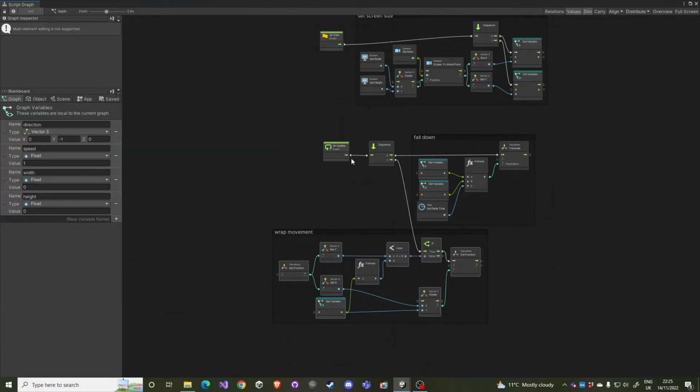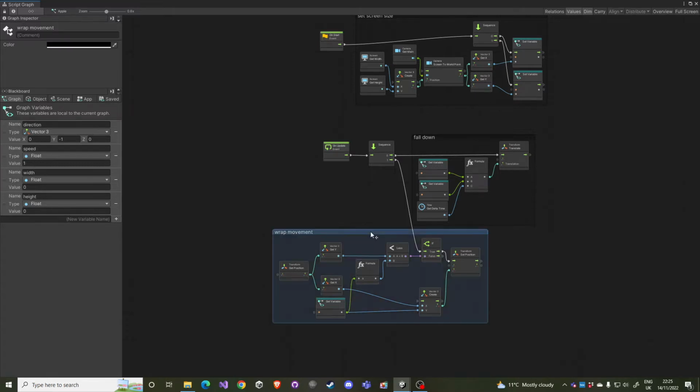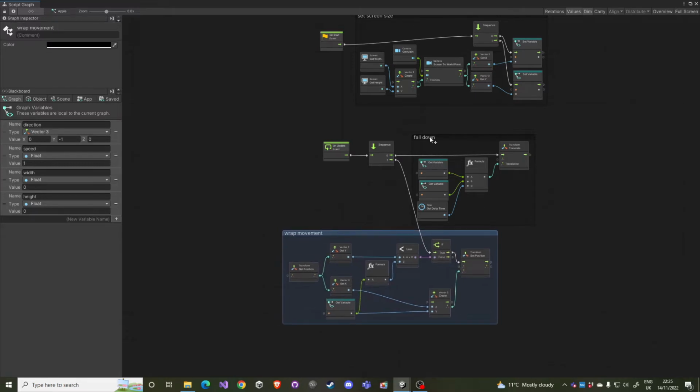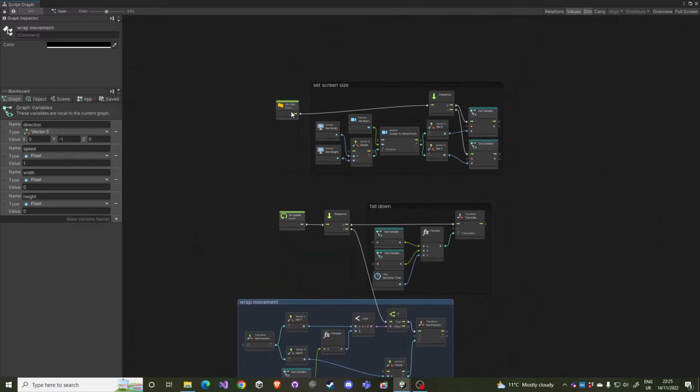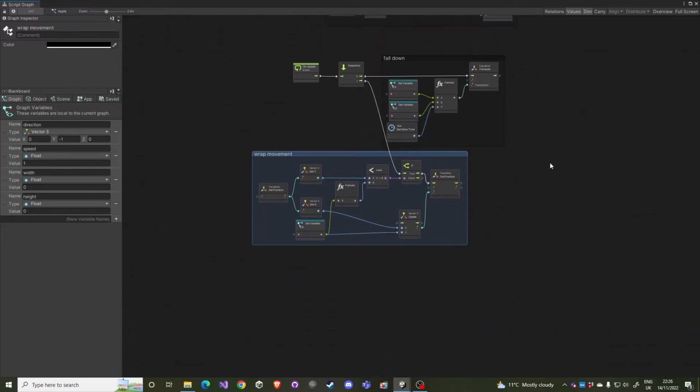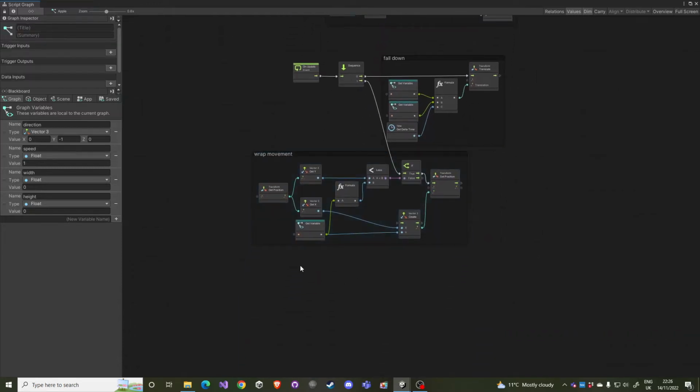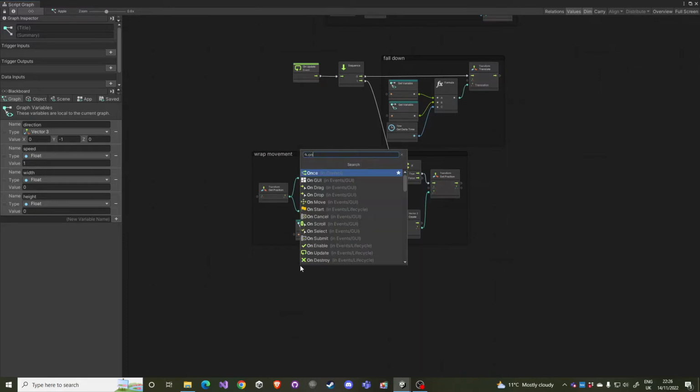So we have the onUpdate flow, which leads to falling down movement and wrap movement, the two operations that we need in this part. We also had the onStart node, which led to setting the screen size, and now we will create the third entrance, which is called onTrigger